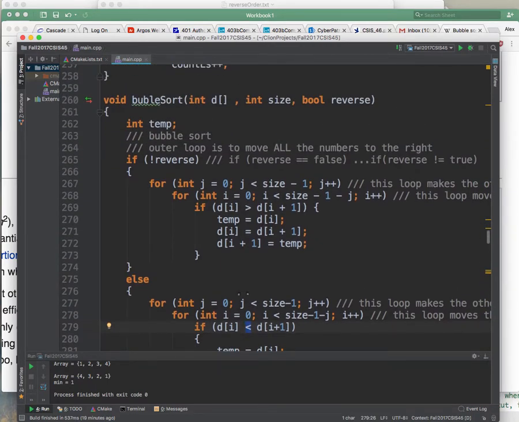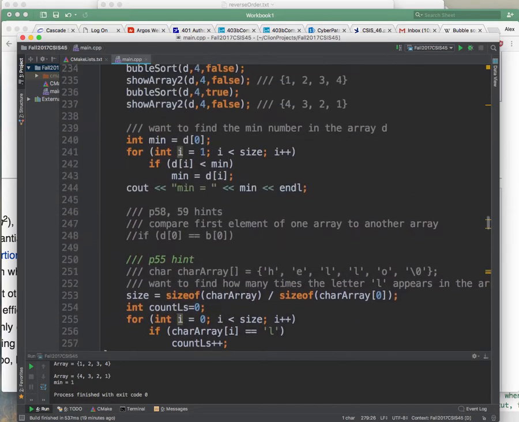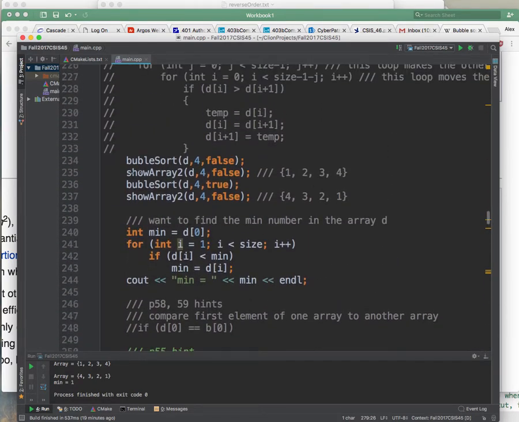I want to sort ascending. There it is. So where's my call? Right here. So I am sending an array D of size 4, and initially I'm telling it to sort it in ascending order. And then I'm showing the array false. Remember, false was show it in regular order. This is my array after I've sorted it. Then I do a bubble sort, this time true, sorted in reverse, and then the array is going to be